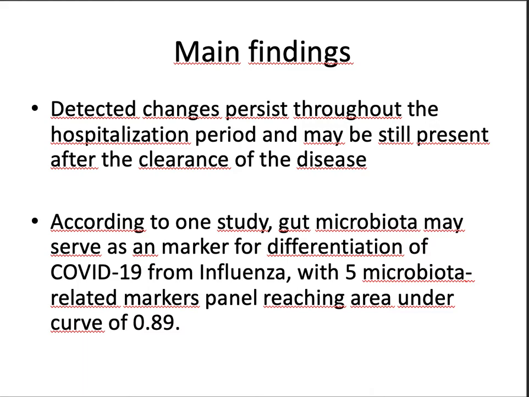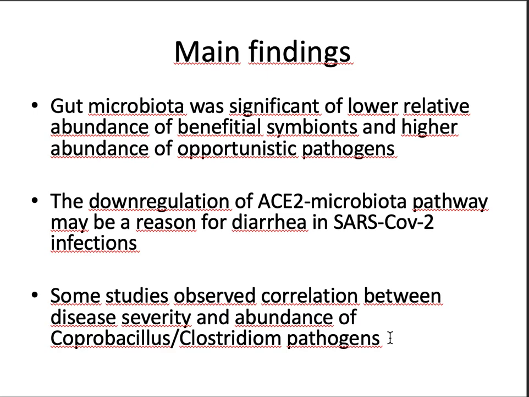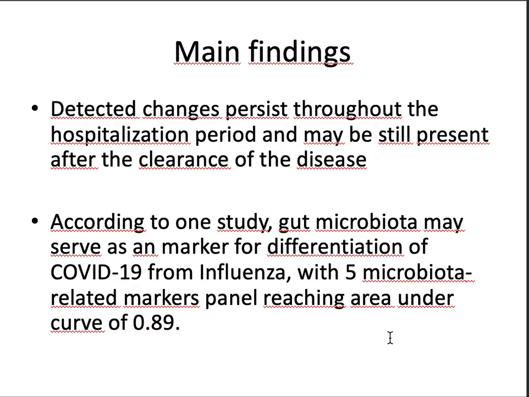a 5 gut microbiota biomarker is able to distinguish between COVID-19 and influenza A patients with area under the curve of 0.89. Such analysis is also a promising differentiating tool between those two diseases in the upcoming flu season. What's more is that detected changes